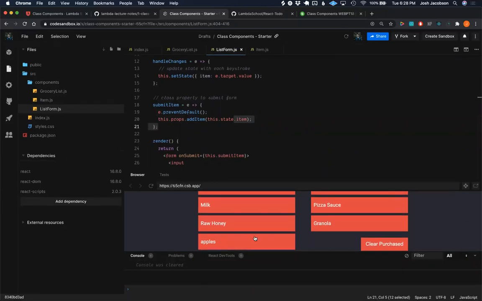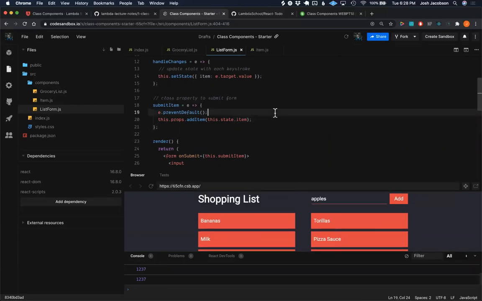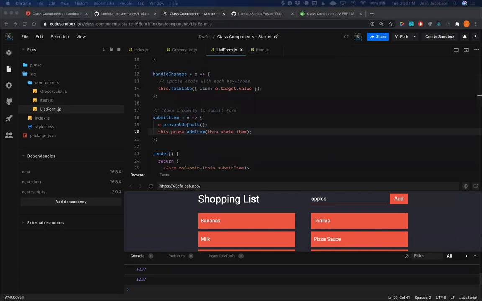Yeah, there you go, it works. That's kind of all we need. The other things that we could also do is we want to clear our state, right? We want to know that